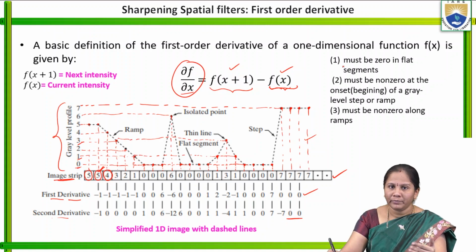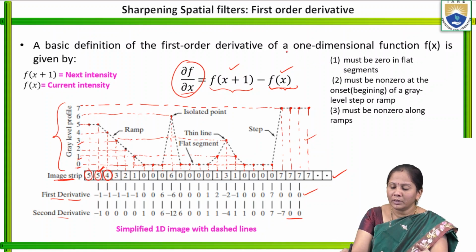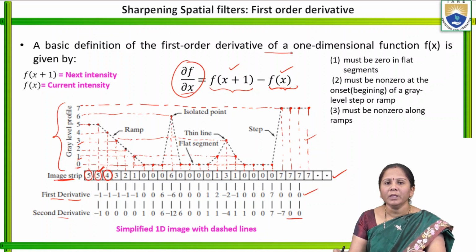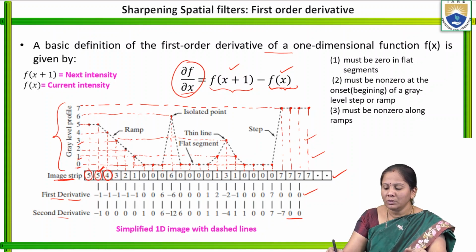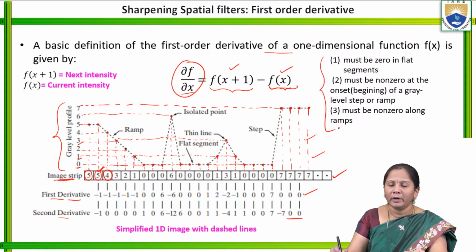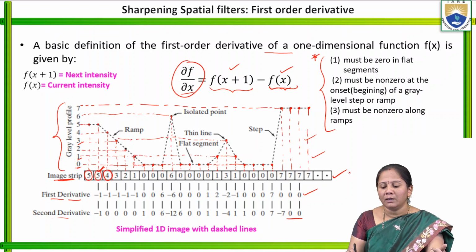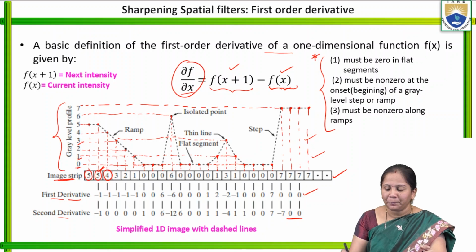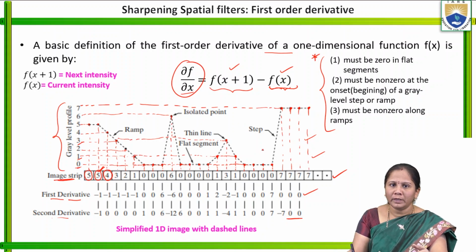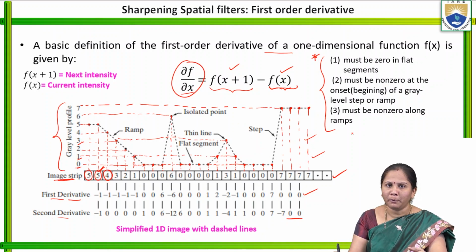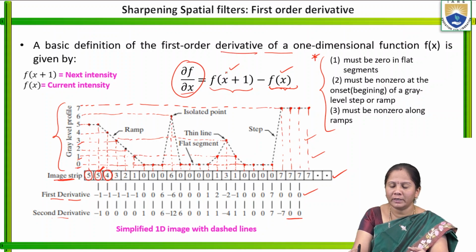So one thing I forgot to tell about here is, considering this image, when the first order derivative is applied, we have to note down some important points here. So these are the important points. The same points we will write for the second order derivative, but with a small change. From this graph only, we have written these three important points. So this is the first order derivative.